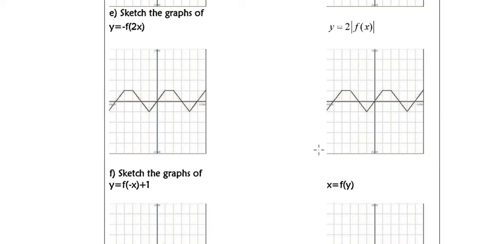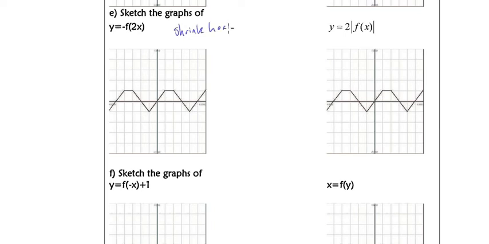So, welcome back, and we're going to sketch the graph of y equals negative f of 2x. And notice that there's two things going on here, that the input is being multiplied by 2, so it's going to shrink our period, again, the same graph, so our period of 5 is going to come down to 2.5. And we're also going to then multiply our final output by a negative 1. So this is going to shrink